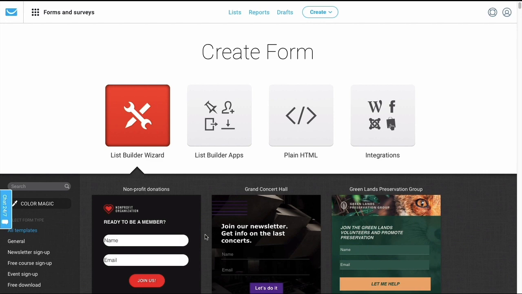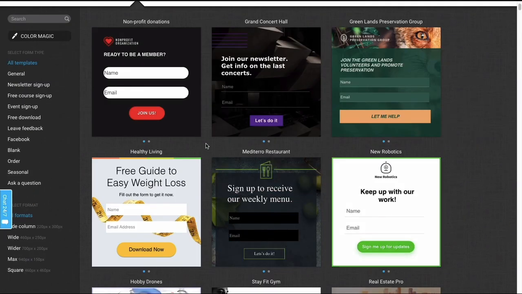If you see at the bottom, you can see different kinds of templates. I would recommend you choose any of the templates, and on the left side there are categories available. If you are looking for a particular category, I would select newsletter. If you are embedding in your website, I would recommend selecting newsletter sign up. I would use this template for now.